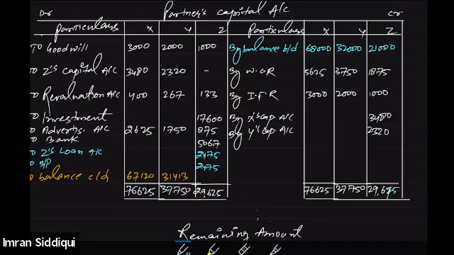Now, if it is 29675, that means it should also be 2,500 each. Sorry, it should be 2,500 each. Instead of 2475, it should be 2,500. This should also be 2,500. And instead of 29625, it should be 29